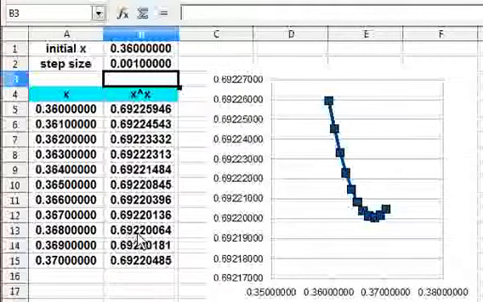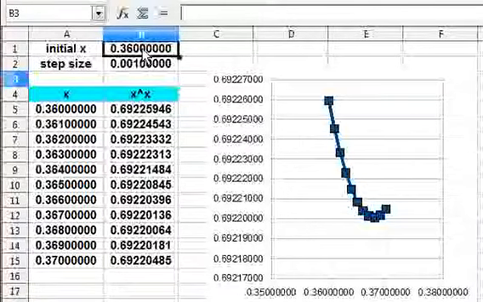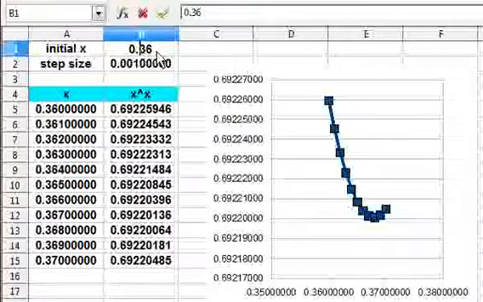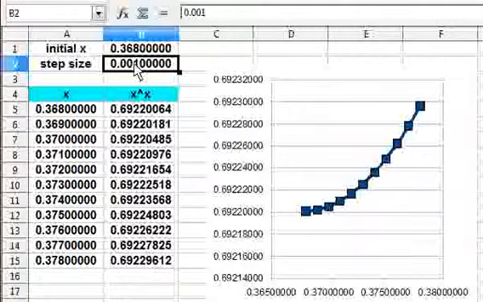Here 0.69200064, here 136 we have 64 and here 181. So clearly 0.368 is the lower value. So I'll start with 0.368 and go with one more decimal.